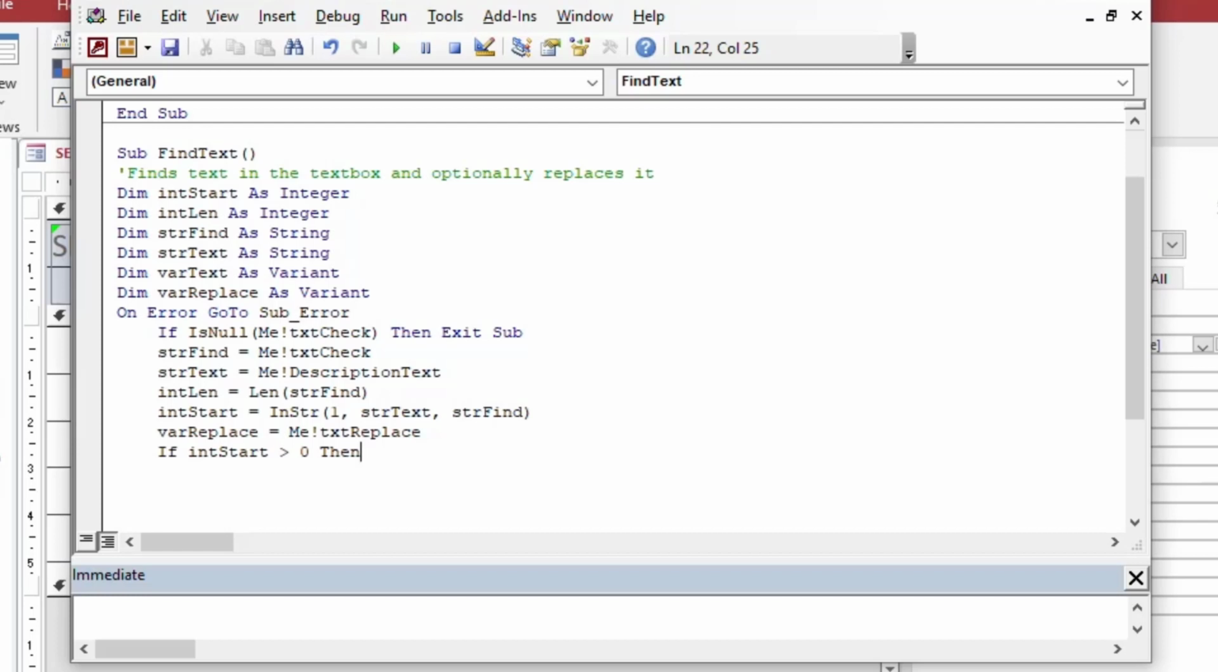and we're going to use that a little bit later. So from there, what we can do is we can say, if our starting point is greater than 0, so in other words, we found it. If it's 0, it means it didn't find it. The str find. Then we'll use our trusty With statement so that we can just use the dots here. So we'll say dot SetFocus. We're going to set focus on our